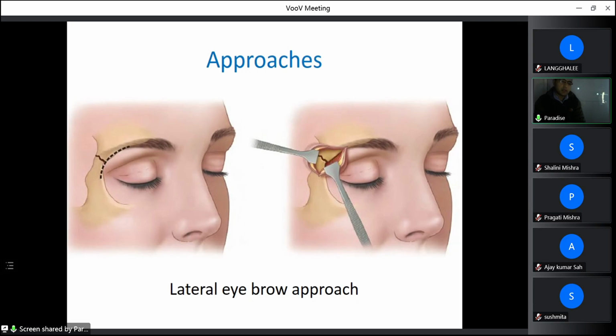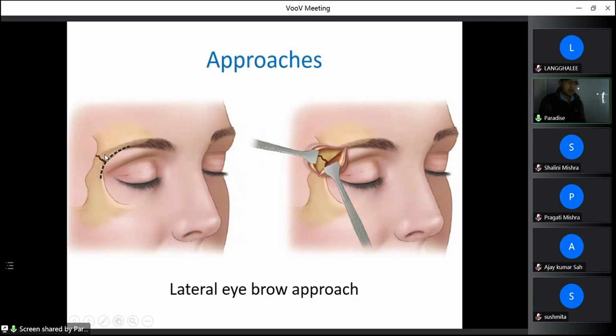One is called the lateral eyebrow incision. In case of the lateral eyebrow approach, the incision is given just above the zygomaticofrontal suture. You have to give the incision in this area. In the lateral eyebrow area, you have to explore the fracture fragment. You have to